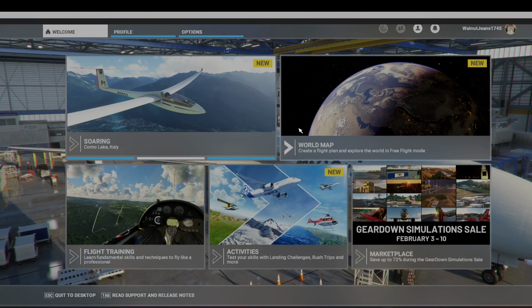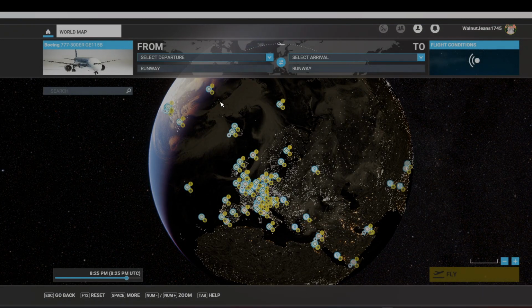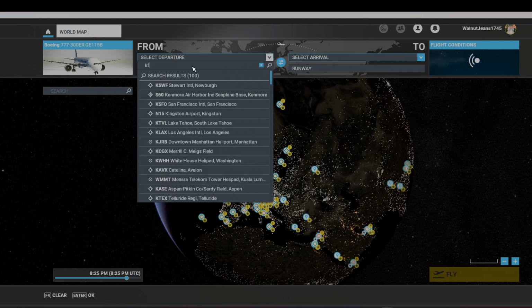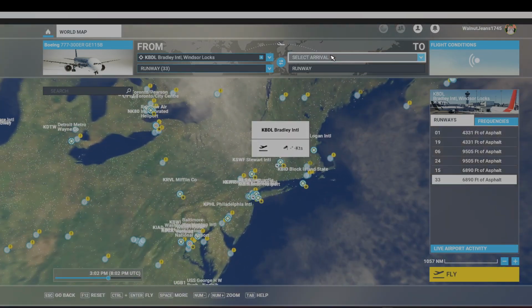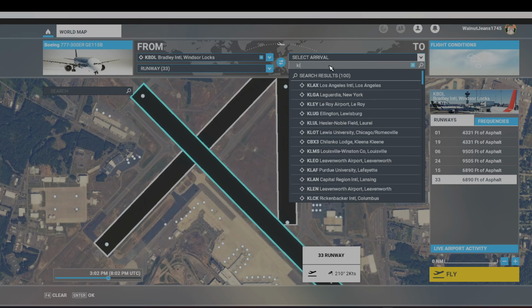Alright, about the time here. I'm going to go to World Map. We're going to fly a 777 by CaptainSim from Bradley, BDL, KBDL, to LaGuardia. A route never flown, as far as I'm aware, on the